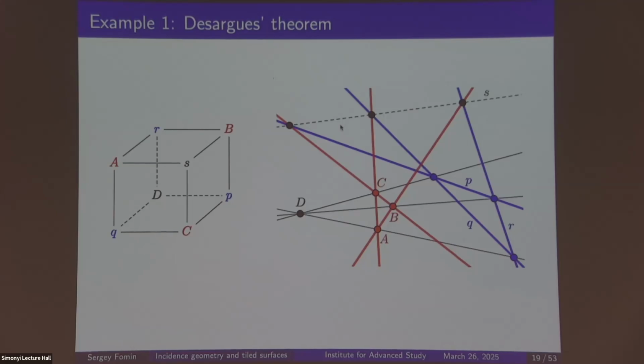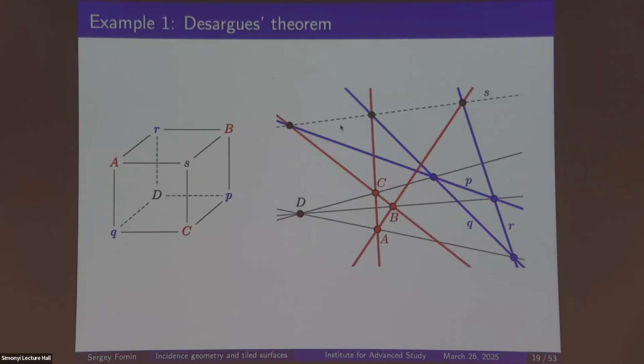Desargues' theorem. Desargues' theorem is the simplest theorem of linear incidence geometry, and indeed it corresponds to the simplest possible tiling, namely the tiling of a sphere by 6 quadrilateral tiles, also known as the cube or the surface of the cube. Okay? Now, we want to strategically associate the black vertices to some points A, B, C, D, and the white vertices to some lines P, Q, R, S in this picture, so that the coherence condition translates into the statement,